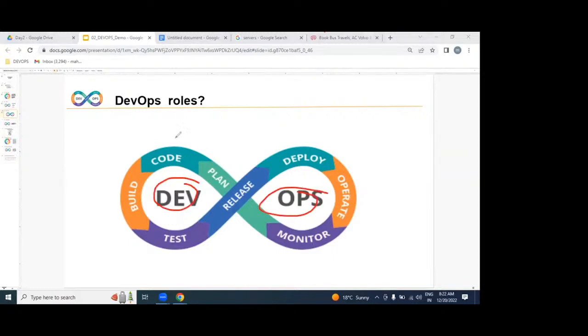Operations. That means we are part of coding, build, test, release, deploy, operation. So our roles and responsibilities are from coding to the production environment. Are we going to be writing any code? Are we writing any test cases? No. We are not writing any code. We are not writing any test cases. We are just going to be implementing an automated DevOps process from the dev environment to the production environment. That is exactly our roles and responsibilities.